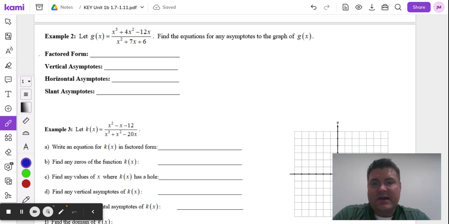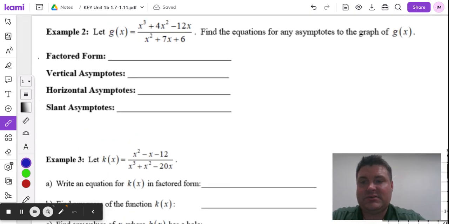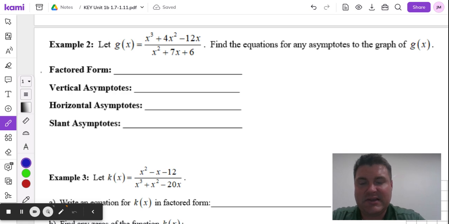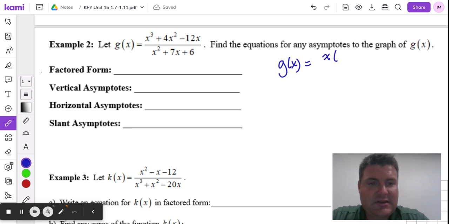g of x on the top. I think it's easiest if we look at this as a factored form. That way we can pick out what the holes are, what the vertical asymptotes are, and then we can pick out our slant asymptote by using the original form, the one where we're not factored at all. So if I were to factor this, and hey, look, it's even asking for the factored form. It looks like I'd take out an x on the top. So I'm going to rewrite g of x as x times x squared plus 4x minus 12, which does factor, by the way, all over the bottom, which factors as